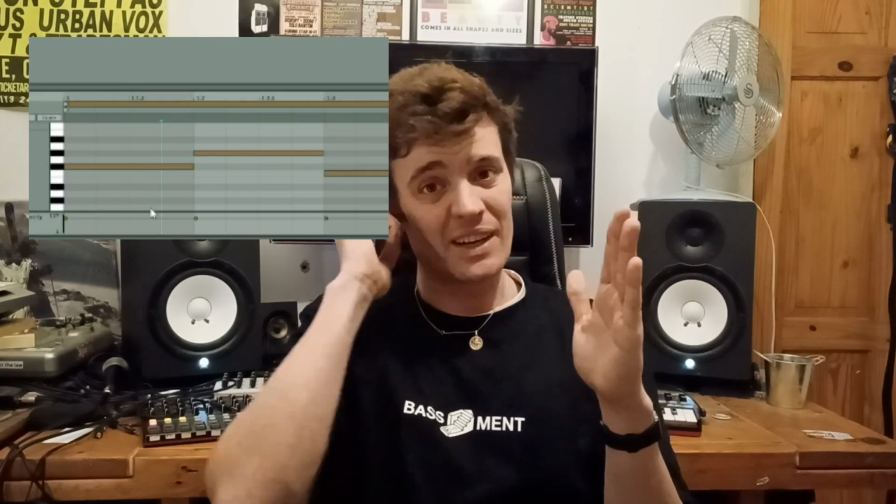And all you want to do, I'm going to show a piano roll at the side here with the bass line in. And you're just going to make sure that none of your notes are ending as the next note starts. So just drag the end of your note a little bit just to create a bit of a gap, basically. Now, if you hold Alt while you do this, so Alt and click on the end of the note, it's not snap to grid. So you can be really loose and really finely tune where you want to put the end of the note. But it means it gives time for that note to end, the next note to start,